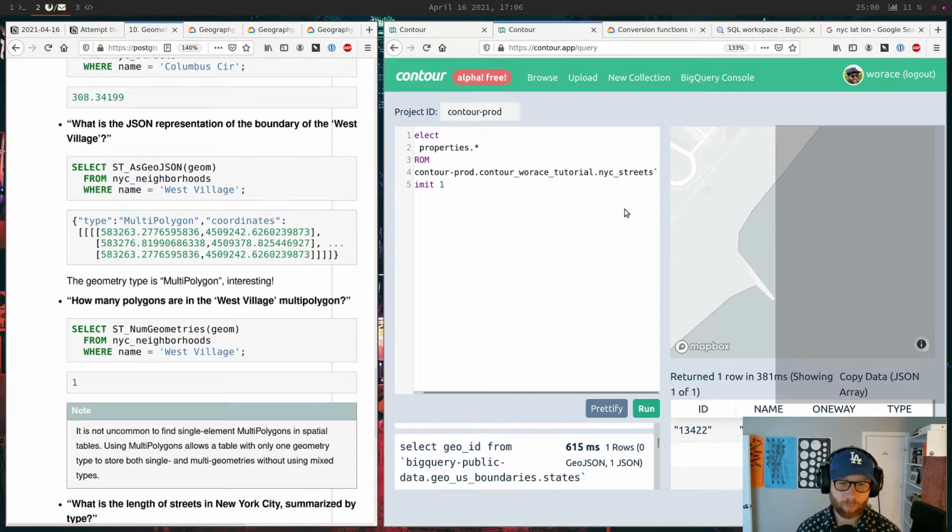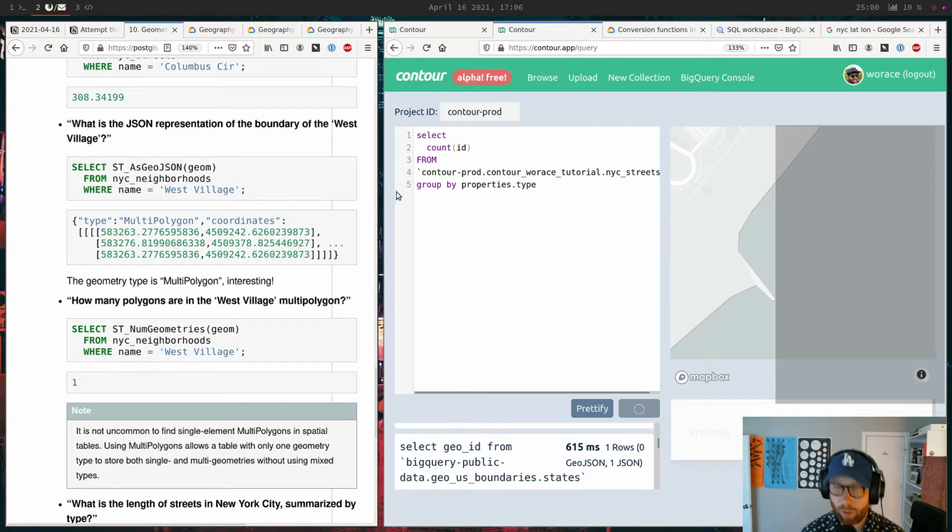Okay. What's the length? I'm just curious about the count, actually. Count ID, NYC streets, group by type. I'm curious what happens when you do a count in terms of how BigQuery attributes that.